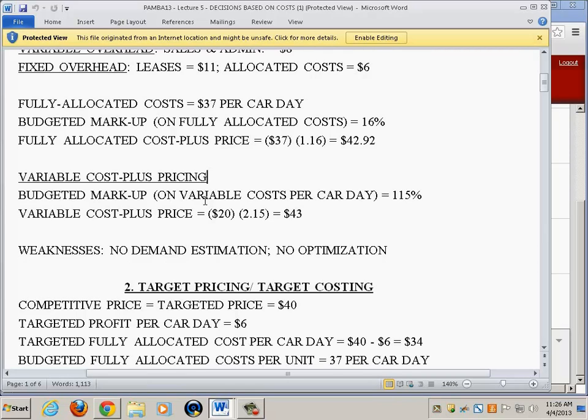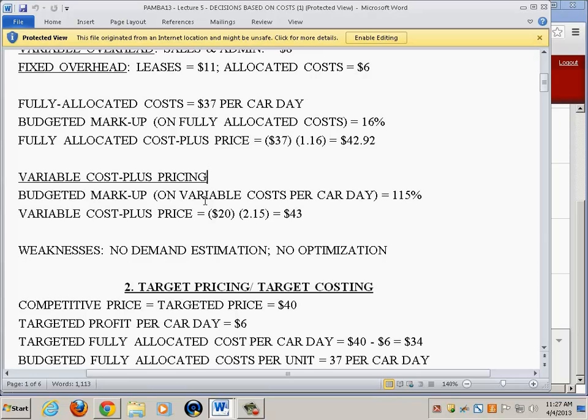Obviously, we cannot do that because if we zero in on a price, then how many units we'll sell will be determined by the preferences of our customers, expressed through how many units they will demand for this price, how many car days our rental customers will demand. So in order to know that, we have to know much more about demand. So basically, just to illustrate the main problem of this method,